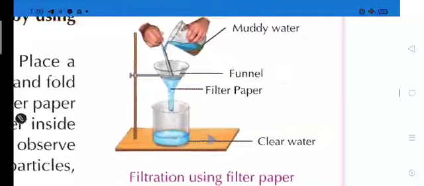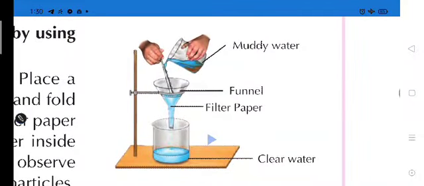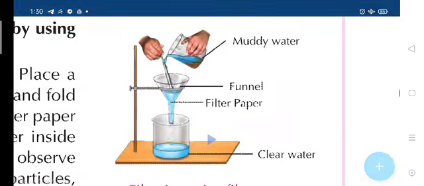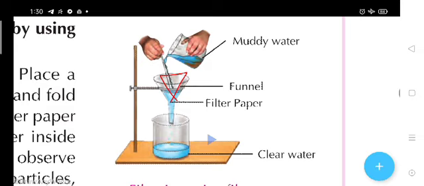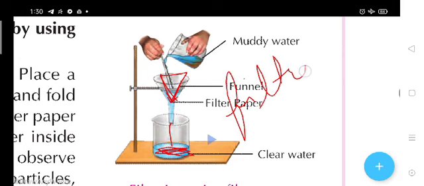Now what is happening is that muddy water is being poured into a funnel. That funnel contains filter paper. Here is the filter paper. Then drop by drop that water will come to the bottom into another container. So this is the process of filtration.